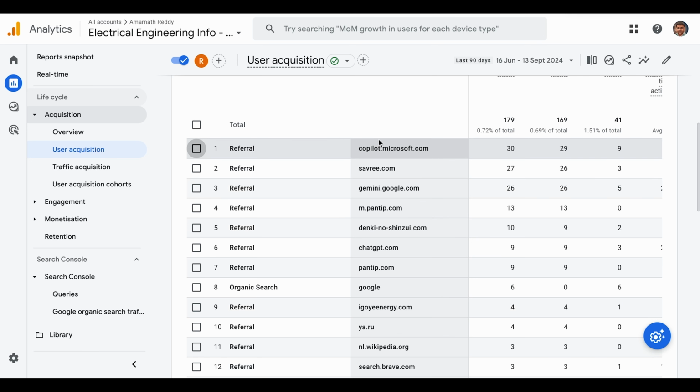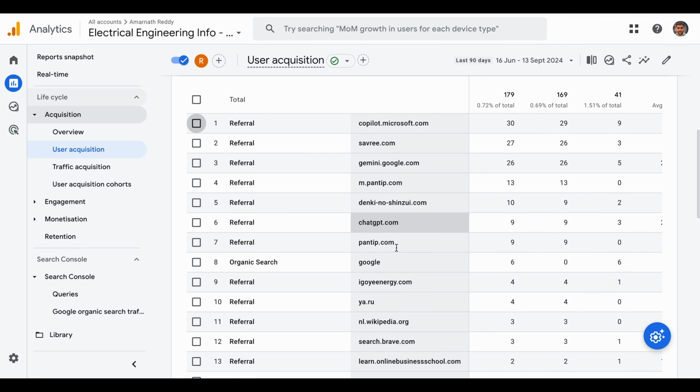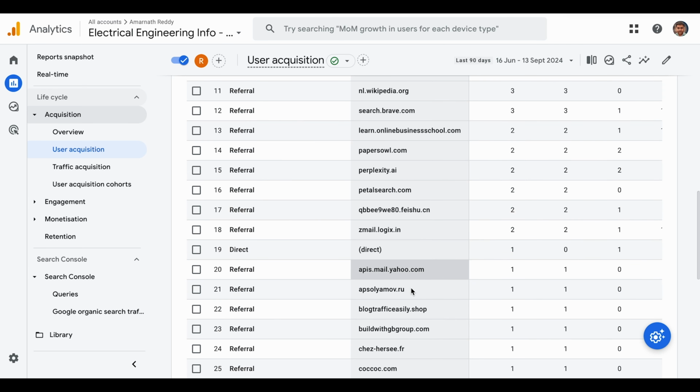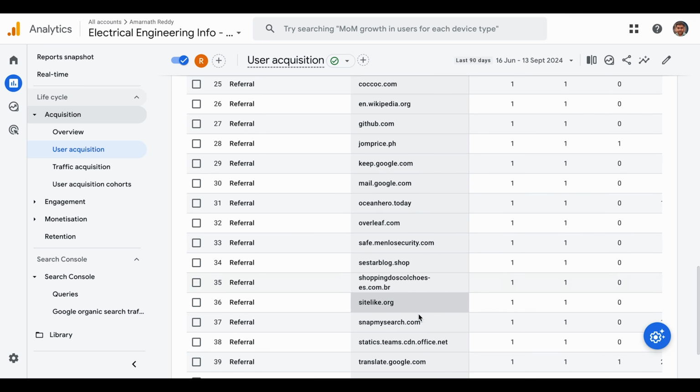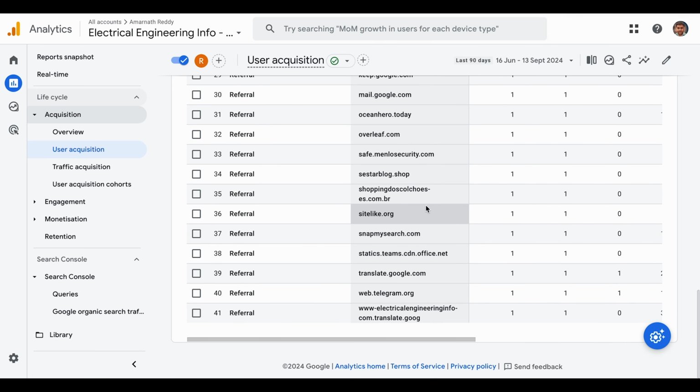But you know that Copilot Microsoft or Gemini, ChatGPT, these are all AI chatbots, right? Someone must be typing about your website topics, and your link has popped up over here, correct? So you can ignore these kinds of AI tools and see other websites where the link is coming